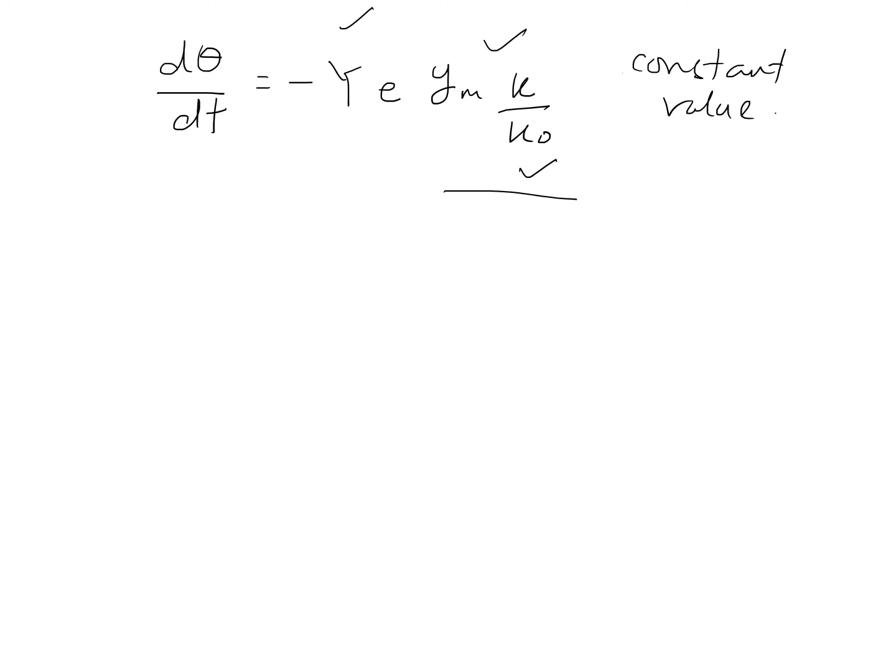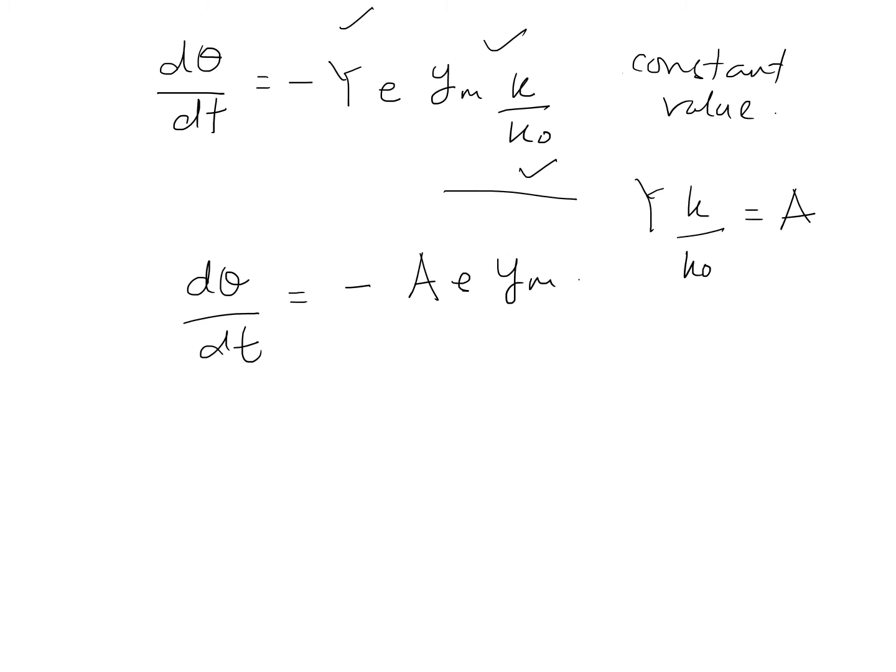Now we assume γ k over k0 is equal to a, so dθ/dt is equal to negative a times error times ym. Now by using Laplace